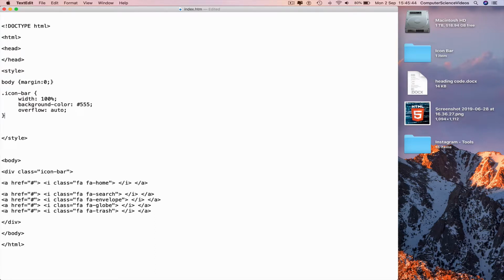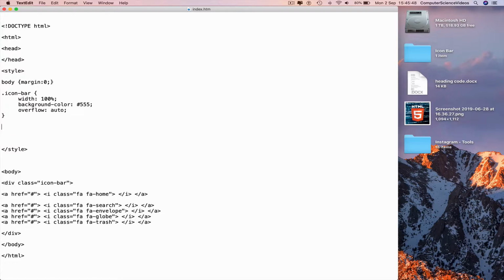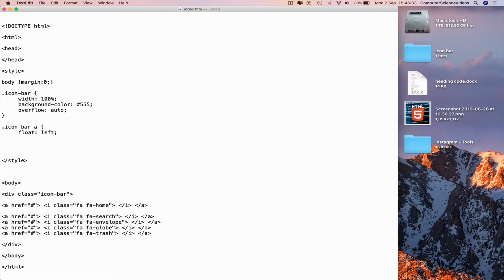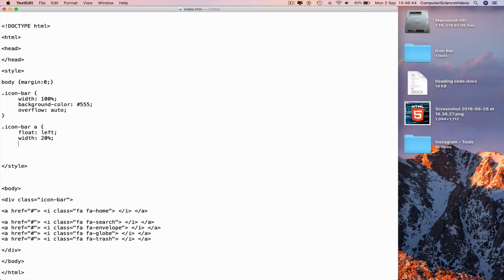semicolon, next line, curly brace, go to a new line and type in dot icon-bar a. This is why we had a href, link, class, search, envelope, globe, trash, home. And now we can type in curly brace, next line, indent, float colon left, and then semicolon, next line, indent. The width can be 20%, 30%. We'll keep this to 20% for the moment, and then rearrange at the end if required to. Next line, indent, text-align colon center,